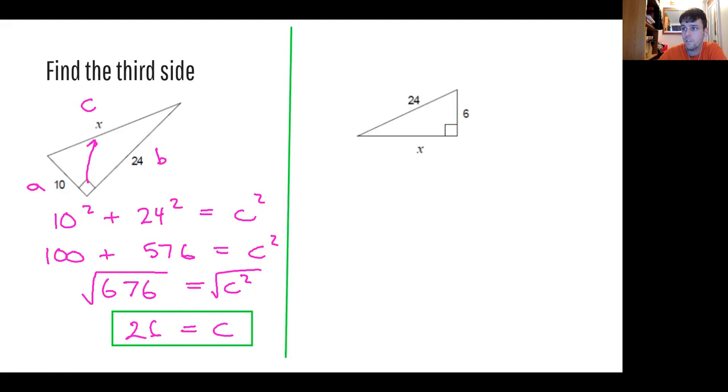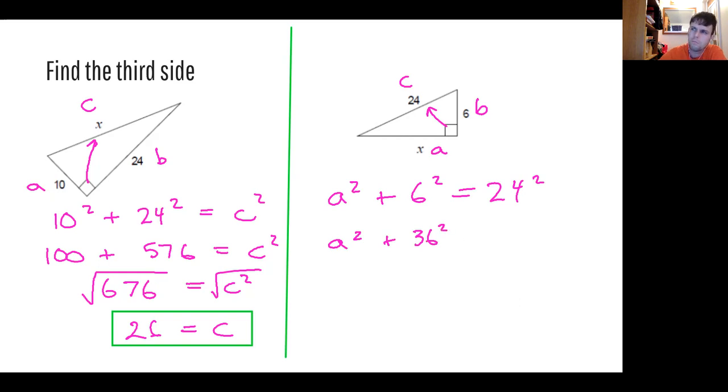Again, the way I want to start is identifying my hypotenuse. The hypotenuse is across from the right angle. Right here, it's the 24. A and B are interchangeable, doesn't matter. We'll call this one A and this one B. In this case, it's a little different. We're not solving for C, we're actually going to be solving for A. So we have A squared plus 6 squared equals 24 squared. Okay, A squared plus 36. Why did I write squared? Plus 36 equals